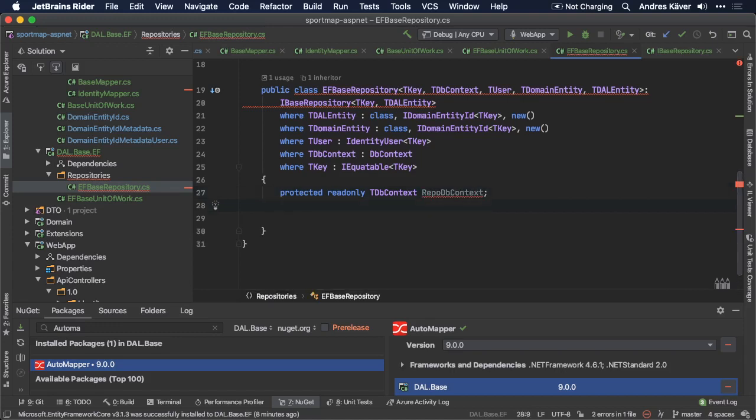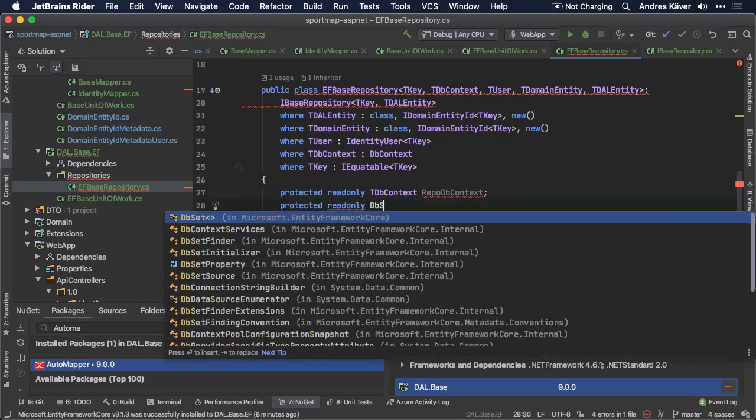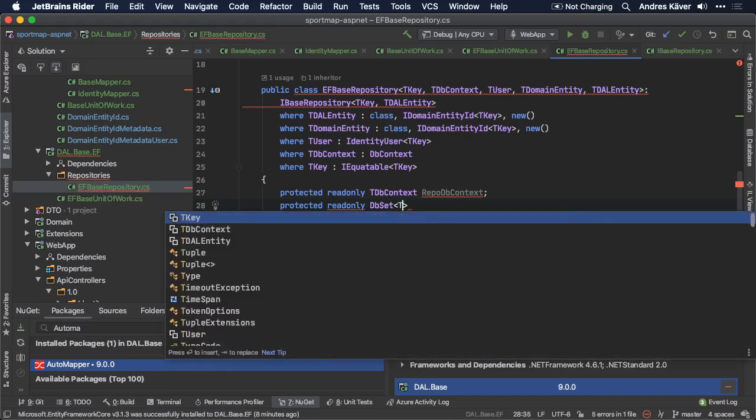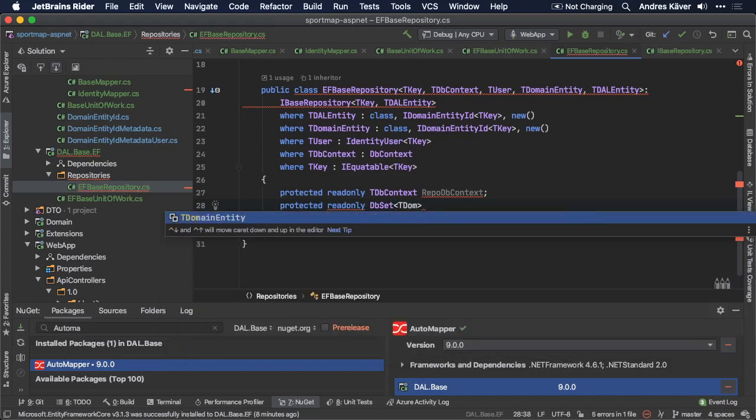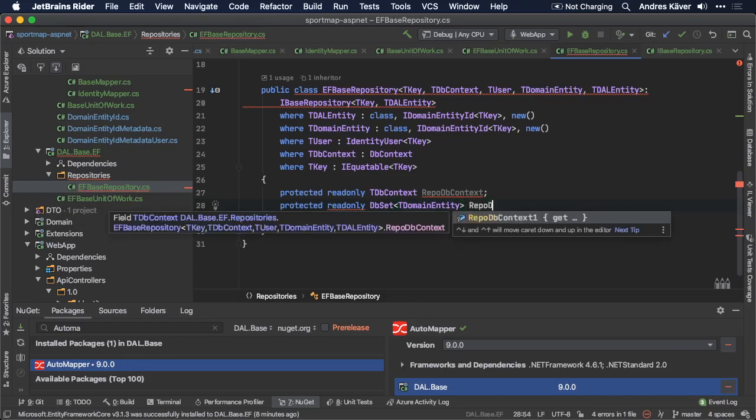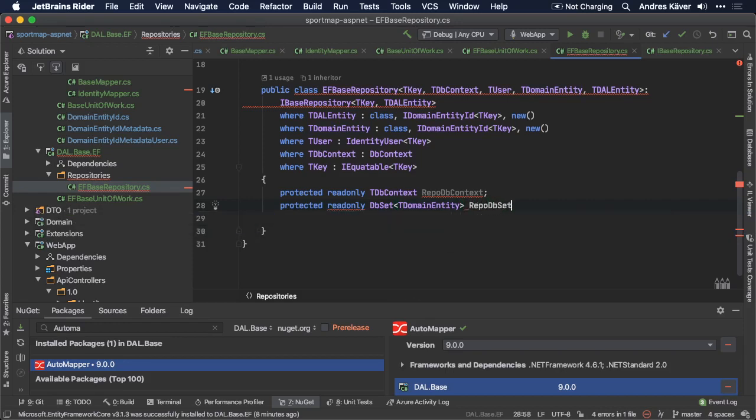Okay, we have that one. Then we have protected, read only, db set of domain entity, which is the repo dbset. And then we have protected